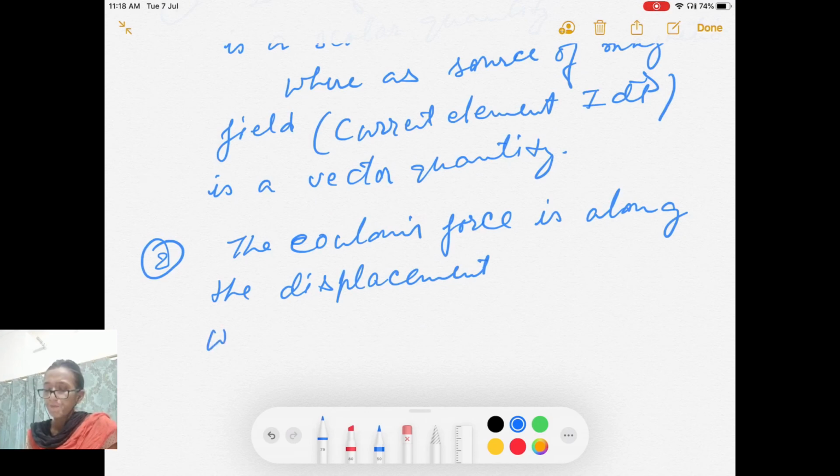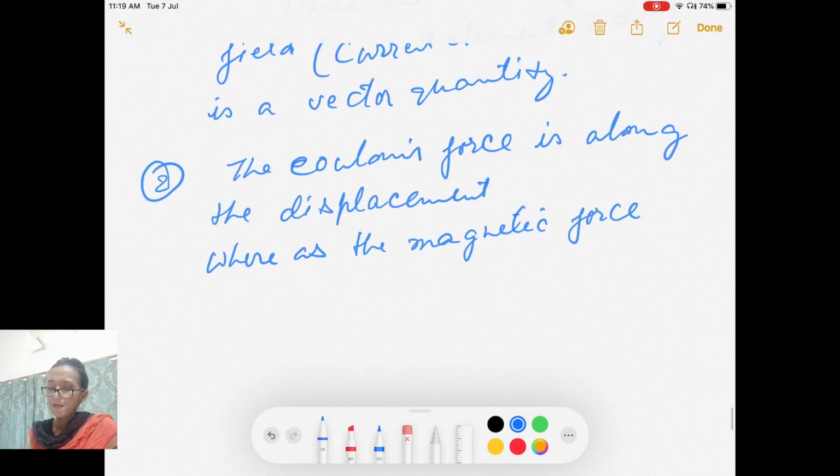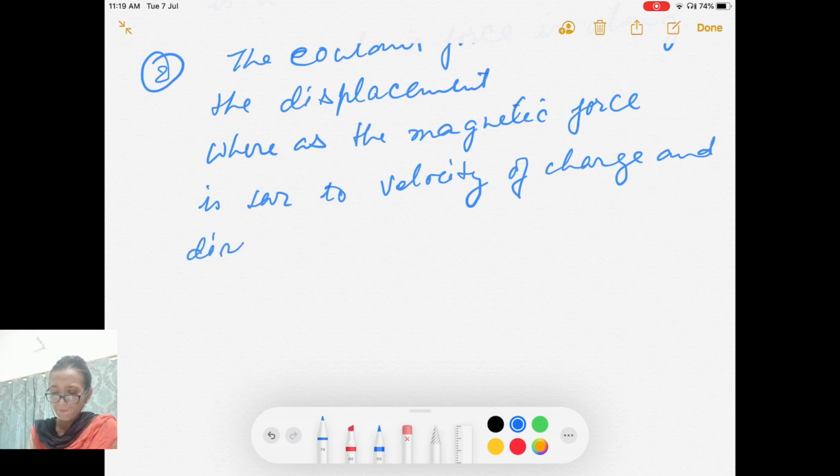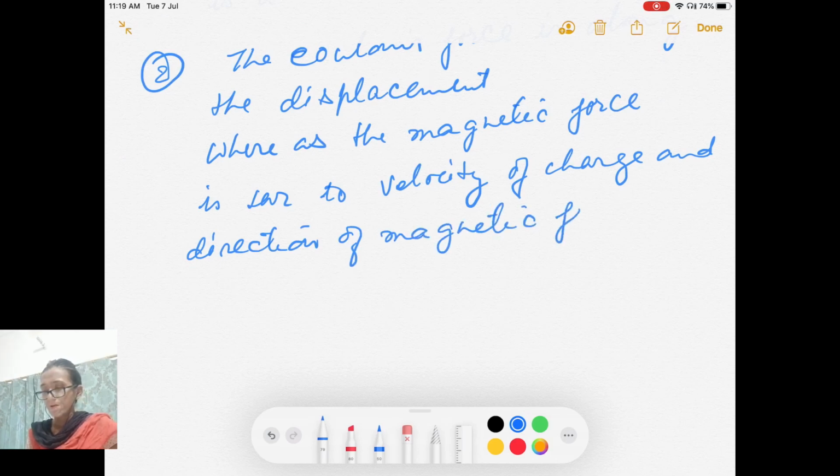Whereas the magnetic force or magnetic field is perpendicular to velocity of charge, velocity of charge and direction of magnetic field. So I conclude